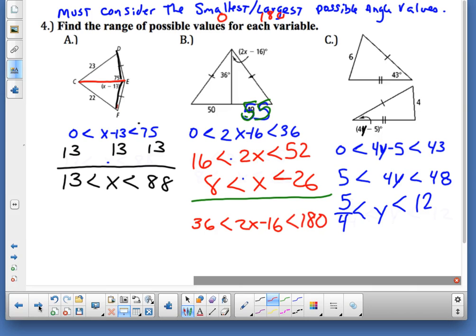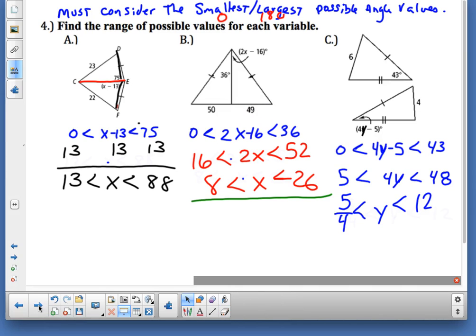Does that make sense? So that's where we have the extreme be 180 or the extreme be 0. You guys saw the extremes being 0. I'm just showing you an example that you may see something like this on your assignment where you have to consider 180 being the largest. So just know that might be a possibility. But after you consider that and set it up, it's Algebra Land City. I'll erase that so it's not too confusing to cover that what if.